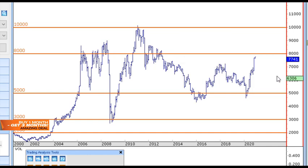and we're also coming into this major level here at 8,000. We can typically see that the market has consolidated in these spaces before, so we can expect this market to do much the same as it comes up into this space at 8,000 and sit there. I mean, iron ore's at 1,000 now, so that's going to vibrate there for a while. So copper's going to vibrate here for a while. That means a lot of these resource stocks are going to stall, and that's what we figured out